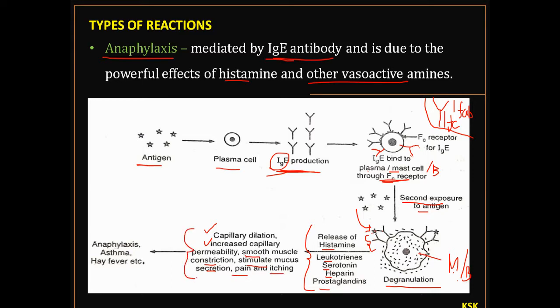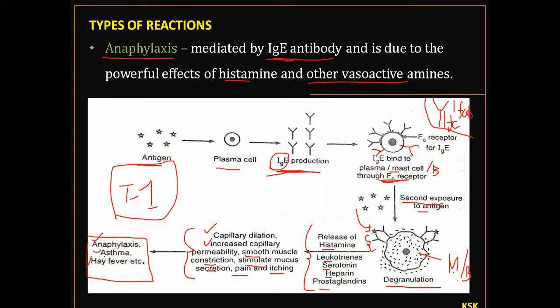All these pharmacological reactions are the reactions taking place. Finally they lead to conditions known as anaphylaxis, asthma, hay fever, etc. These are the various reactions that take place because of the type 1 hypersensitivity reaction. This is the mechanism, or the principle, involved in the hypersensitivity reaction. Like this, the host feels anaphylaxis, asthma and hay fever. I think the mechanism is clear.